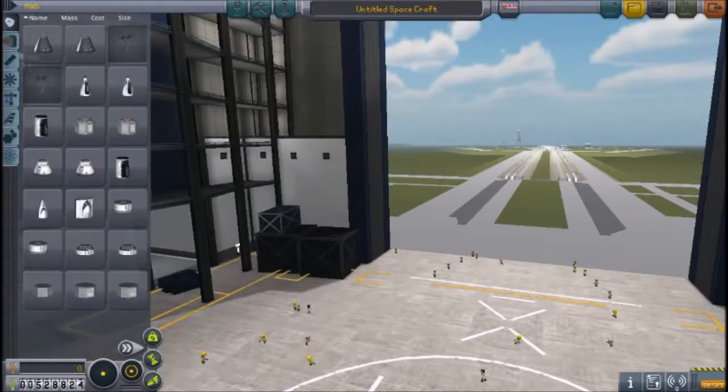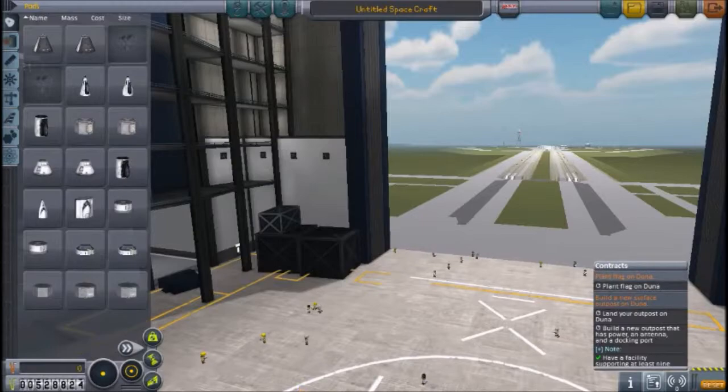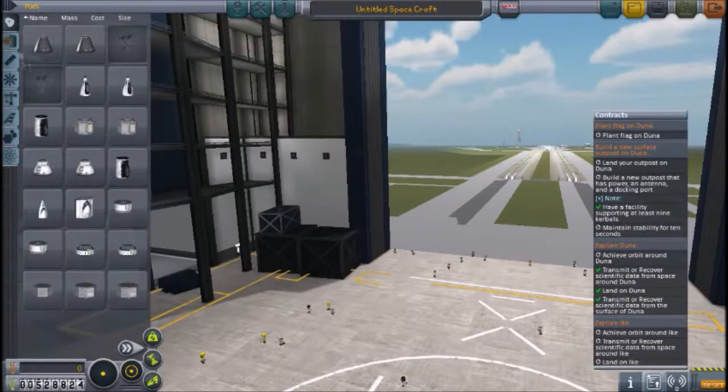I've got a little bit of time right now, so I figured I want to create a video of me completing one of our contracts here. So we have to go to Duna here, build a new surface outpost. Now, I've already actually built an outpost, except instead of Duna, it ended up on Eve. I don't know how it happened, but...